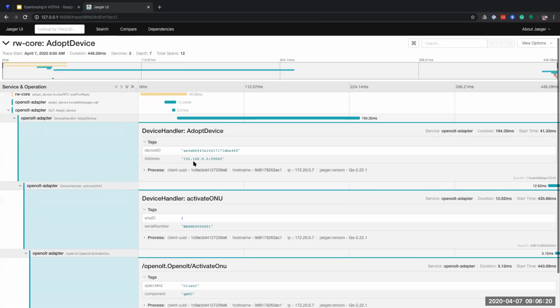Yeah, I think that's kind of where I was going with this, because the people working on logging are investigating a similar problem, which is how to associate all relevant log messages with a particular request as that control flow passes amongst multiple components, as it goes from the request all the way through to the adapter and then the reply all the way back up to the core. So it seems like there's considerable overlap, and if we could leverage some of these features that Jaeger is providing, maybe it prevents us from having to implement those ourselves.